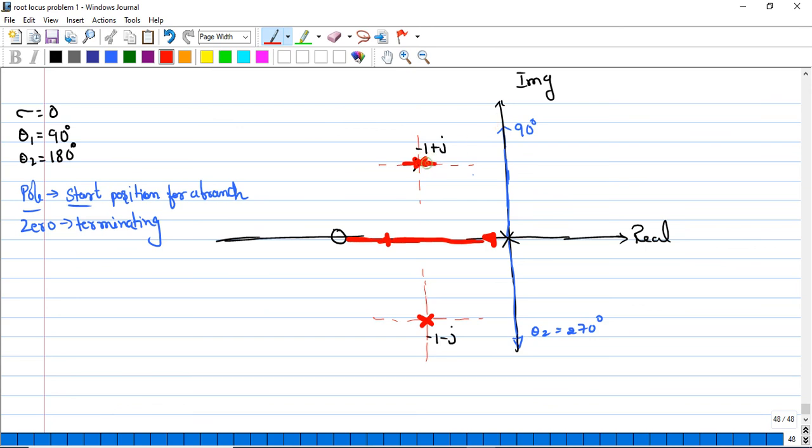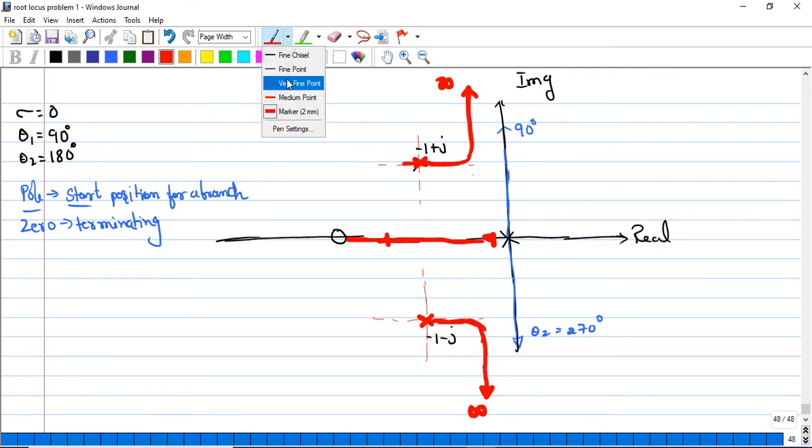So it will move 0 degrees in this way to a certain extent. Okay, so this is the angle of departure from -1 plus j, and what will happen, it has to move towards infinity. Okay, infinity position. Similarly here, it will not intersect the imaginary axis, so this will tend to infinity. Okay, what is the departure? Departure has been clearly known. Departure 1 is 0 degrees, as well as departure 2 is also 0 degrees, and one pole will intersect here.